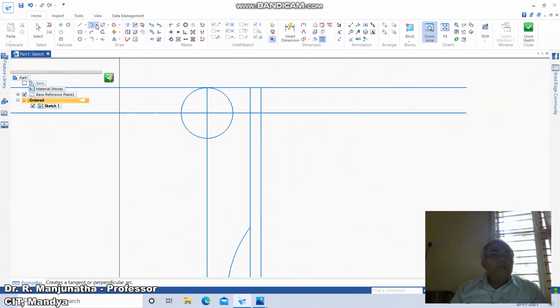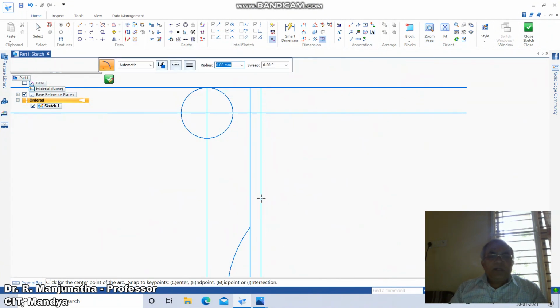So go to arc by center point, take the end point of this, then tangent to this. Sorry, go to arc, click the start point of the arc, go to arc by 3 points, take the end point of this, then the radius is 28, then you take it tangent to this.